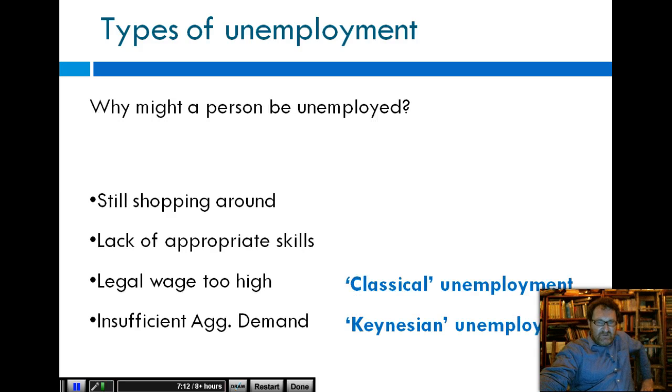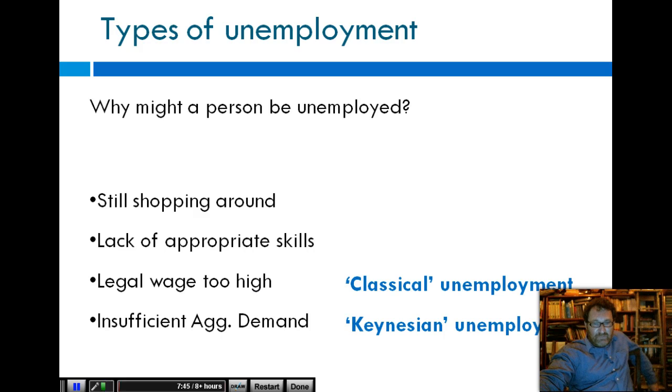The other two types of unemployment, however, are called classical and Keynesian unemployment. The first one is sometimes called wage-based unemployment, and the second one, Keynesian unemployment, is sometimes called demand-deficient unemployment. Anyway, so if the legal wage was set, quote-unquote, too high,